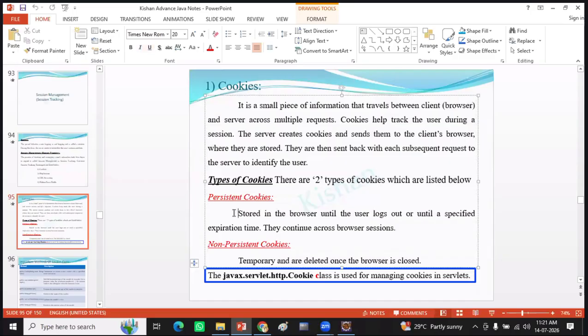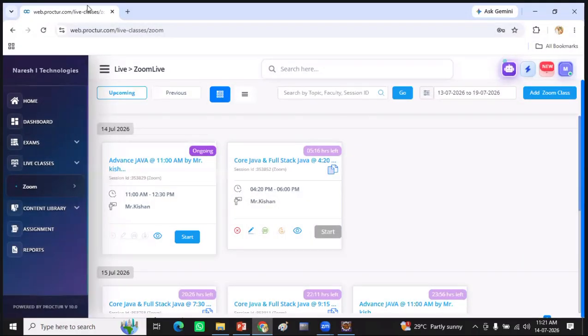What are persistent cookies? Persistent cookies means they will be stored in the browser until the user logs out or that cookie time has expired. For example,